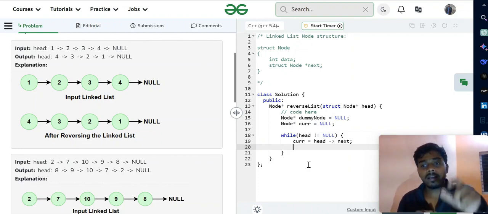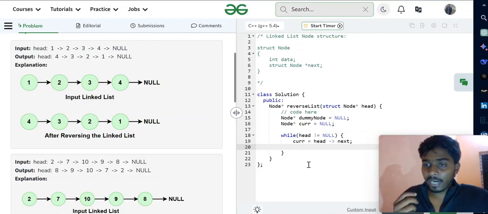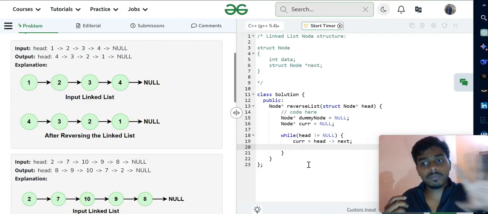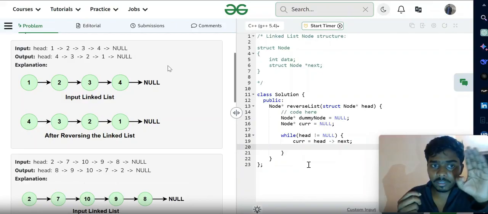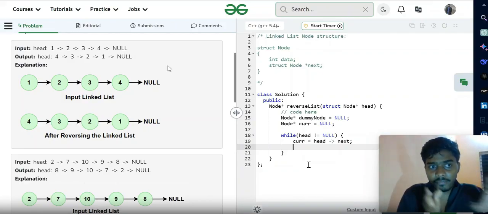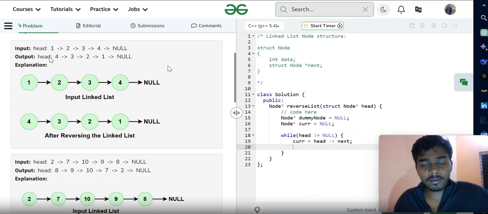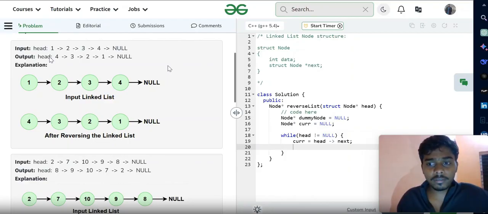Now we create the dummy node, and the dummy node has to point to the null pointer, and for that we have to reverse. So the first head, the first index, has to connect with the dummy node,